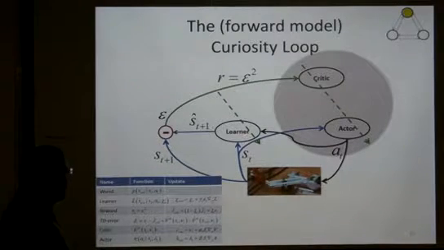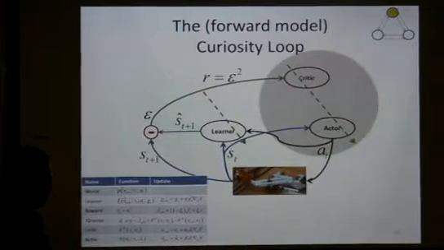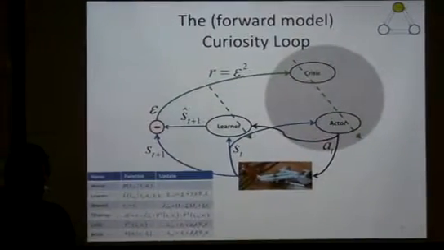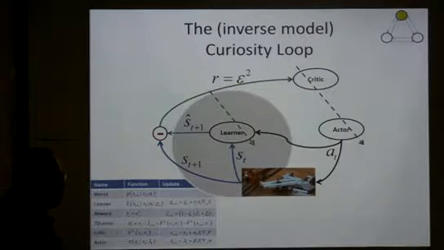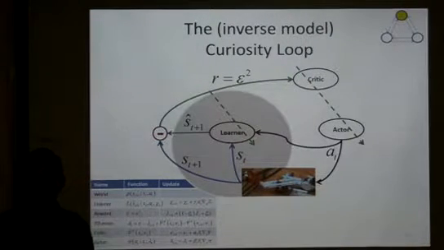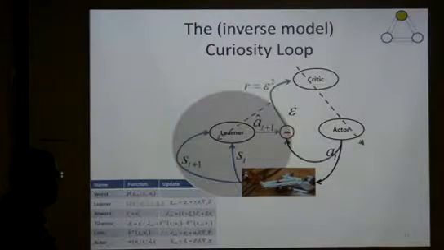So for example, one thing new is that everybody is doing learning the forward model. They want to predict the world. I plugged in something else. You can actually put here whatever you want. Anything that generates a prediction error can be plugged in. So for example, this is the forward model: given the state and the action, what is the next state?